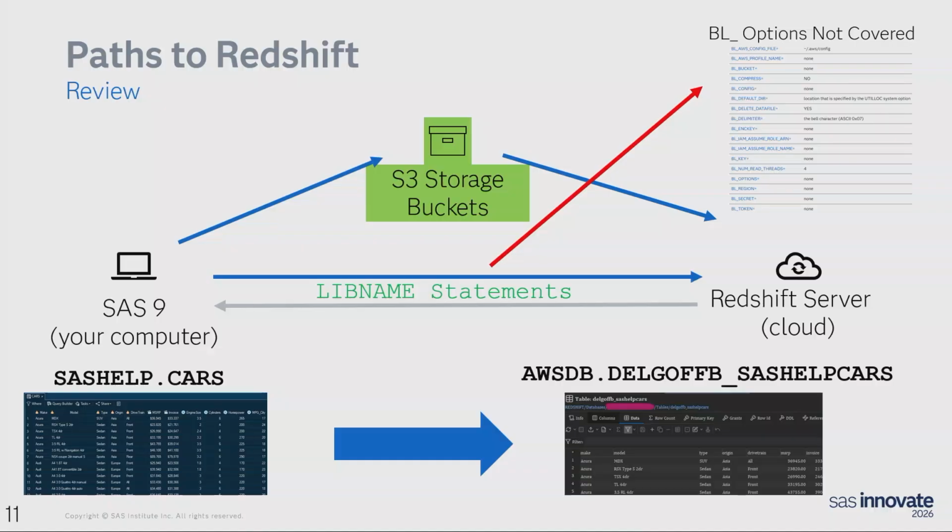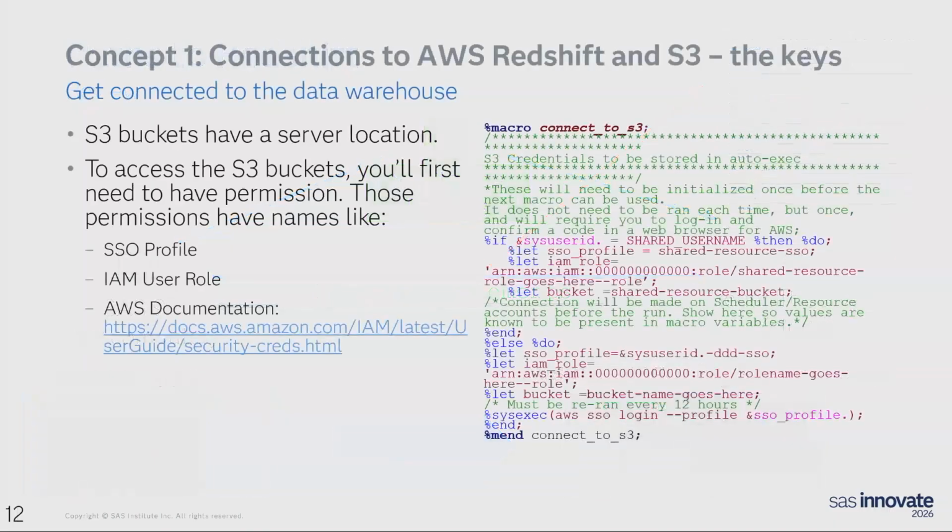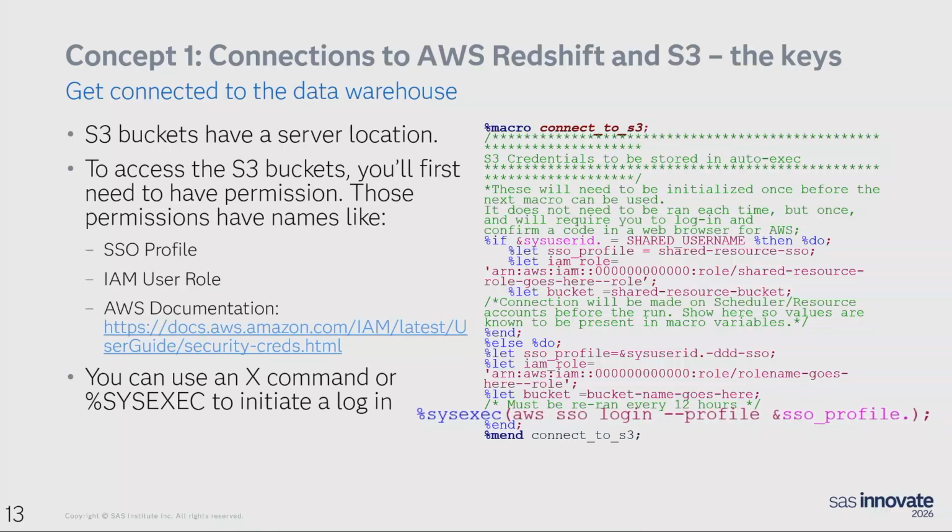So let's start with the permissions and a connection to S3. To be able to move files through the S3 buckets, you first need to know where the buckets are, and know your credentials. I'm not going to cover the acquisition, configuration, or types of accounts we don't use, but this link to the AWS documentation can help you get started if you don't know what your setup is. Here we use macro variables to pull and store this information between runs so that credentials are not exposed to readers of logs or programs. But the connection is actually occurring in this last statement.